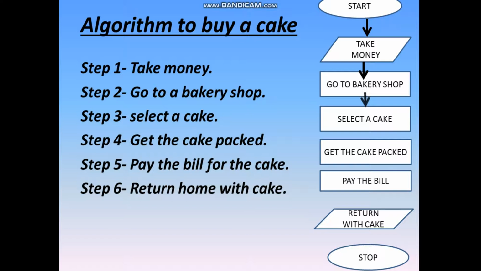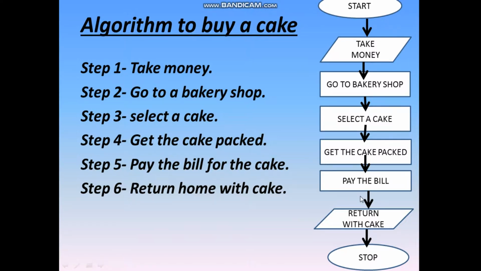And now we will connect them with the flow lines or arrow lines. So this is how we are connecting one box with another box with the help of flow lines, which is also known as arrow lines. So here we will see start and stop. This is the input box, this is the output box, and these four are the processing boxes.